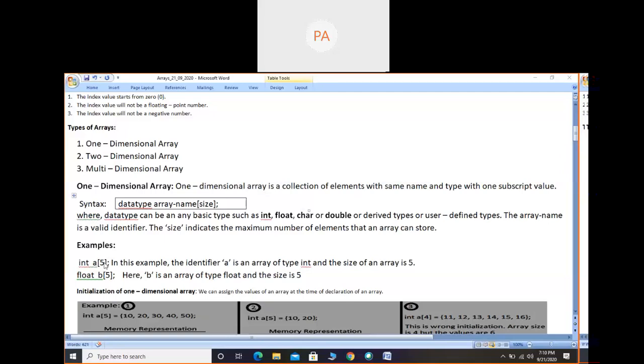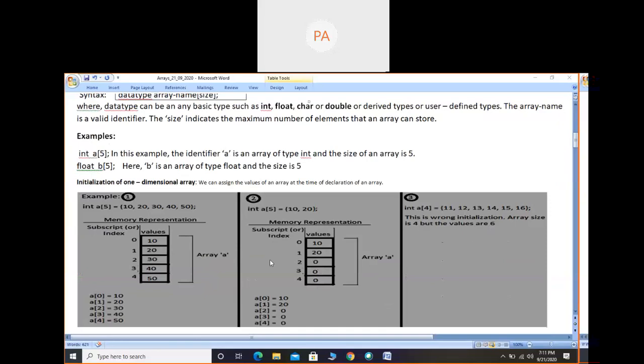The thing is, memory locations: if you consider 64K RAM, 64 kilobytes of memory, it starts from 0 and ends at 65535 locations. So that many memory locations will be there. One more extra location it is taking. So here, float b, float is the data type, b is the array, 5 is the size. When you declare float b of 5, you should store only floating point numbers, not integer numbers. So you should be careful in writing the data type. Whatever data type you write, all the values in that particular array should belong to the same type. Okay, look at this example and you will understand.